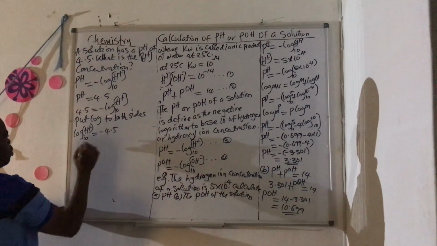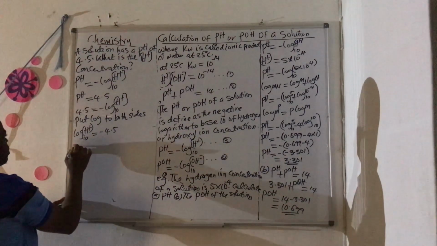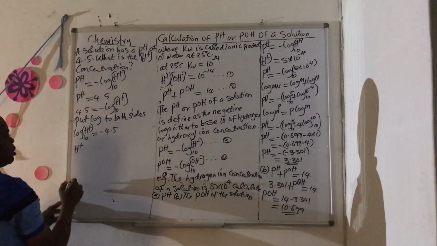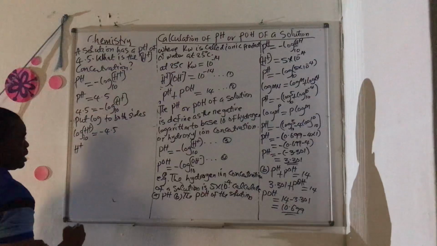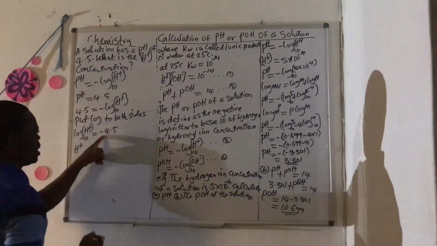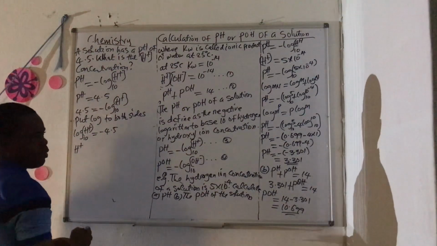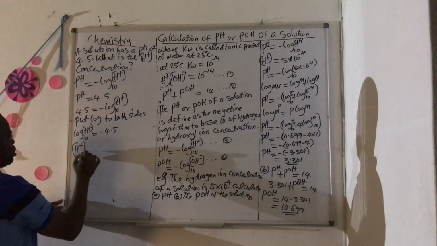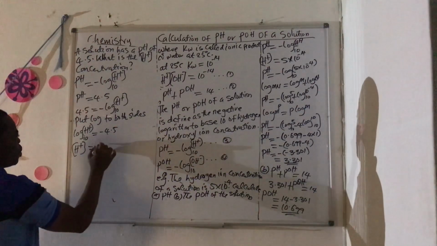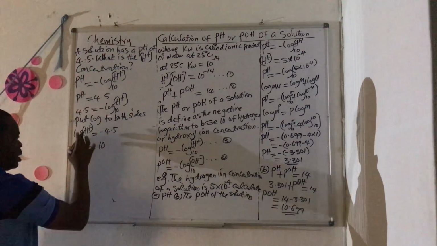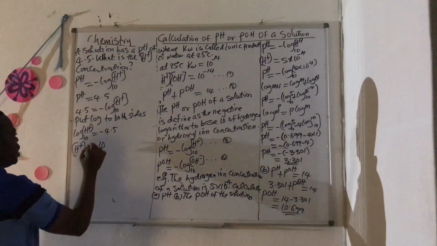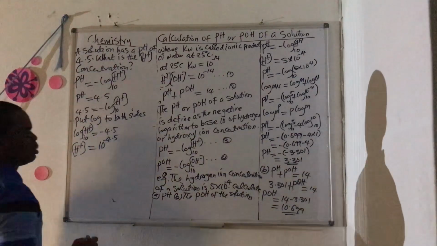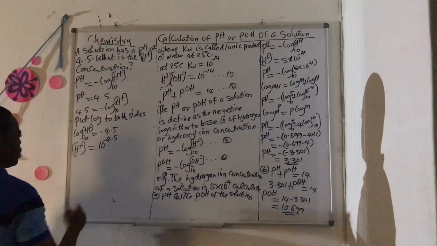Putting log to both sides is the same thing as taking the anti-log of 4.5. So the hydrogen ion concentration will be equal to 10 raised to power minus 4.5. That's how to do it. And 10 raised to power minus 4.5,